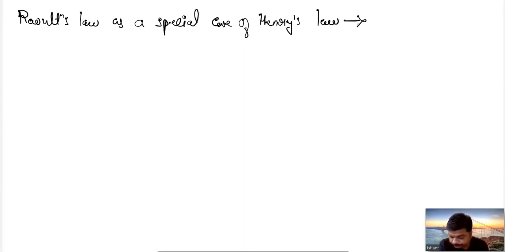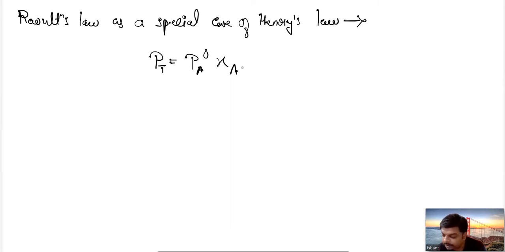Okay, so Raoult's law is saying that, according to Raoult's law, what is the relation? P_T is equal to P_A naught X_A for a non-volatile solute. This is the condition for a non-volatile solute. If I am considering the gaseous volatile component in a solution of a gas in a liquid, the gaseous component is the volatile component. Simply, the gaseous component dissolved in a liquid, the gaseous solute, will be a very volatile component, more volatile as compared to the liquid solvent also.